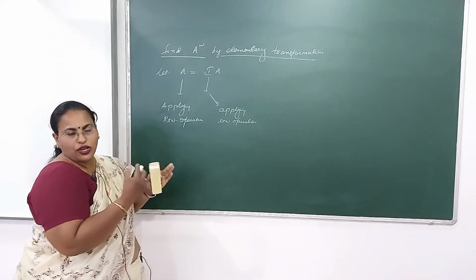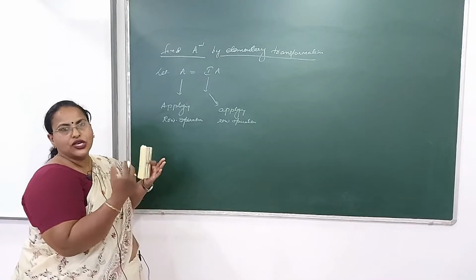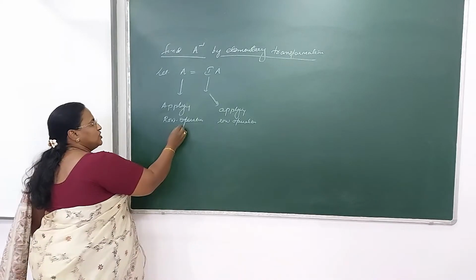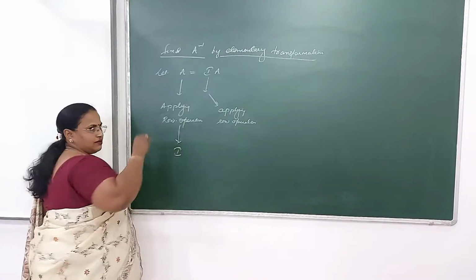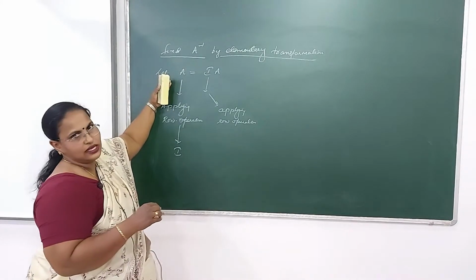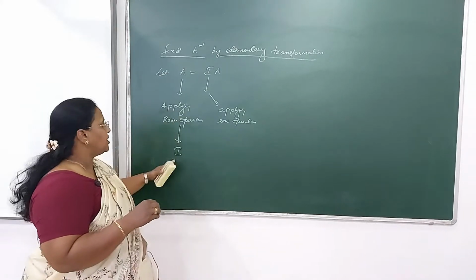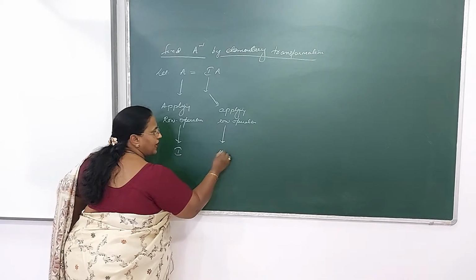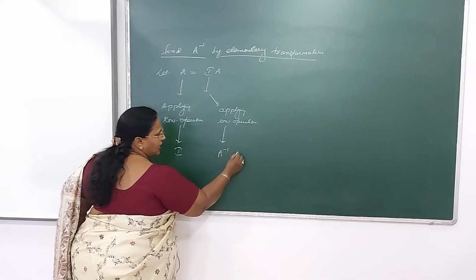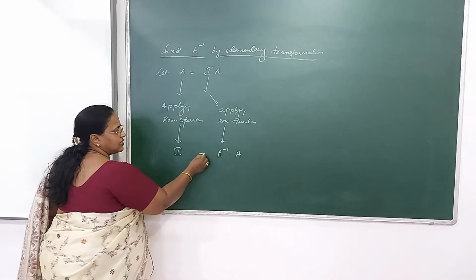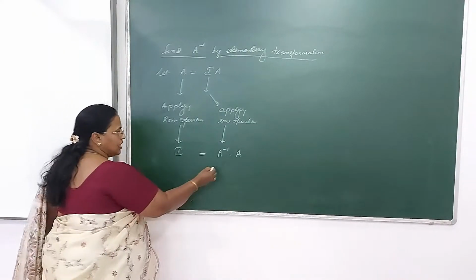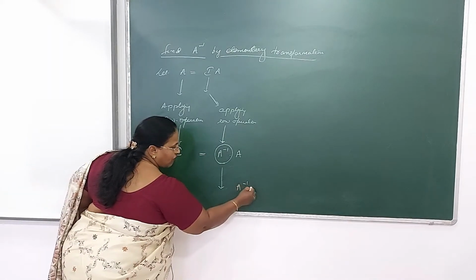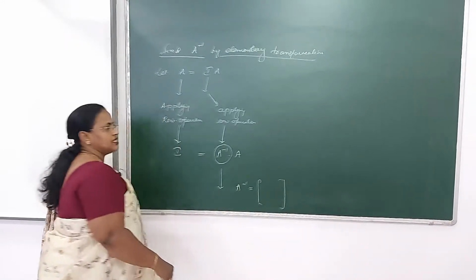Now in what way should you apply the operation? You should apply the row operation, or column operation, in such a way that this finally should be converted to I. Now when this A matrix, by applying row operations, is converted to I, that means identity, automatically this matrix will be converted to A inverse. Why so? Because we know that A inverse into A results in identity. And from here you can take out A inverse, and from this you will be getting A inverse.